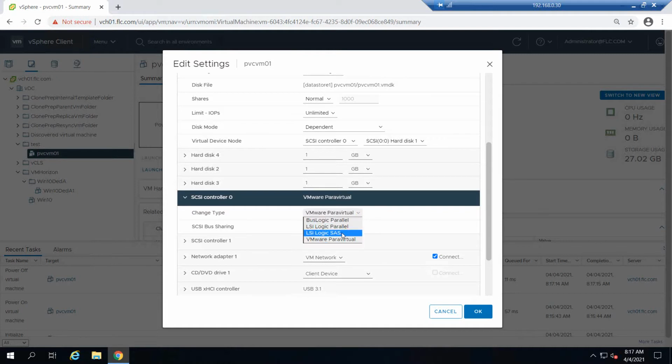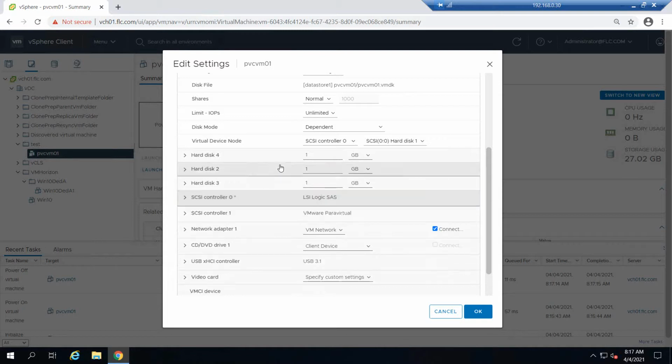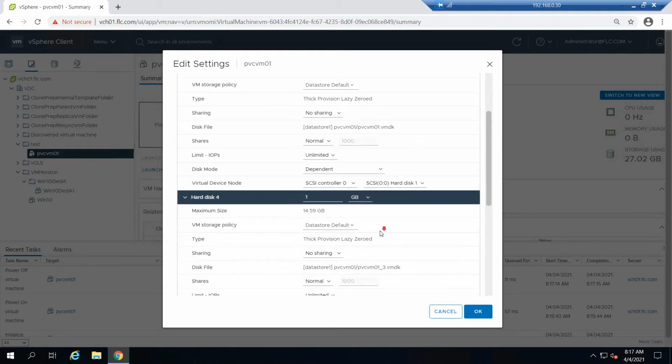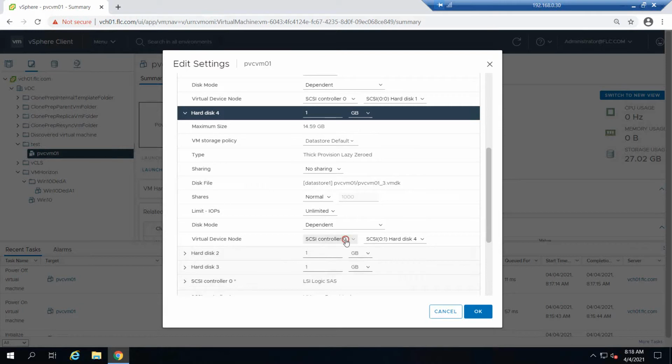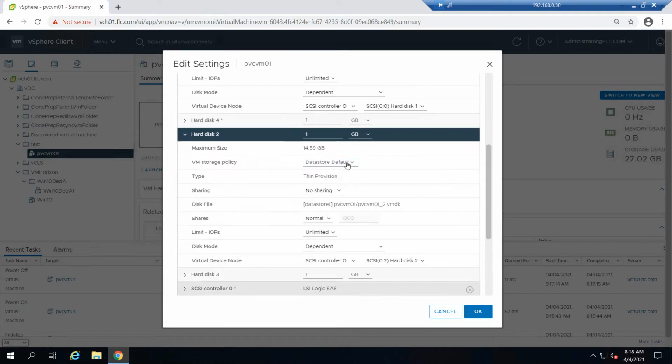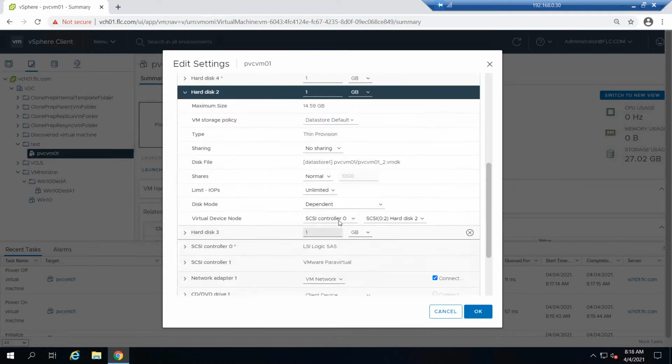So we'll change it to LSI Logic SAS, and the remaining disks we'll change to SCSI controller 1. This is a lab, so it's okay to do whatever we want, but if it is production, you may lose data and may cause some issues.